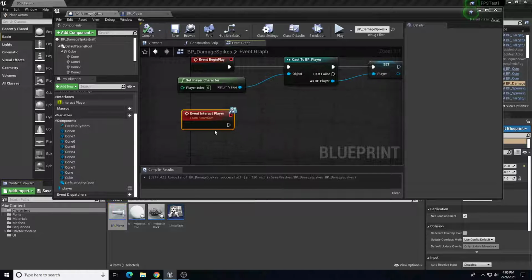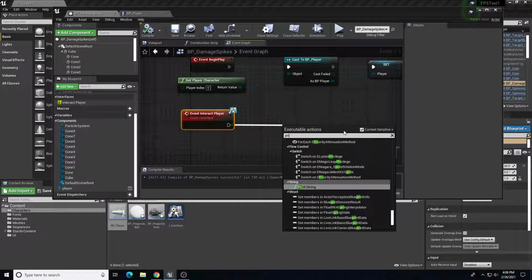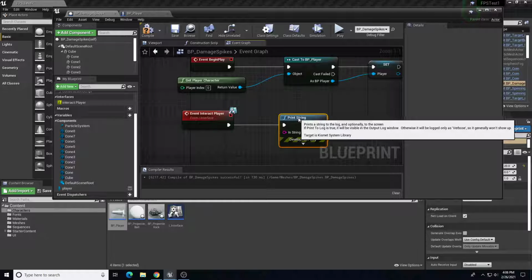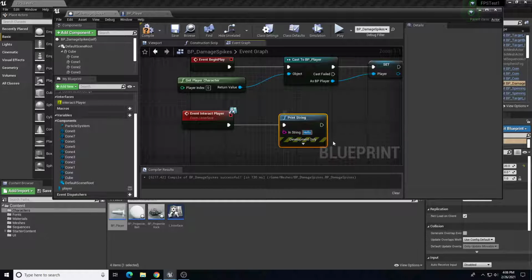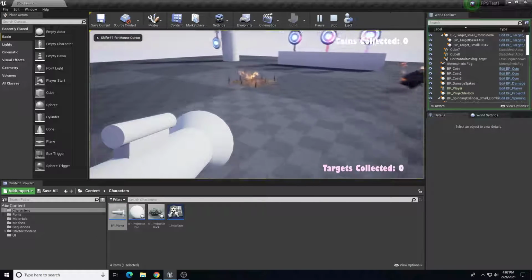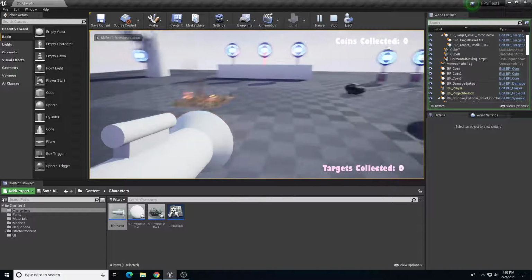So right now we can say drag out event interact, and I can say print string, pull that up, and then that's going to say you took 25 damage. There you go. And we can go test this out. So it's not actually going to hurt the player, but what this will do is when I jump over it